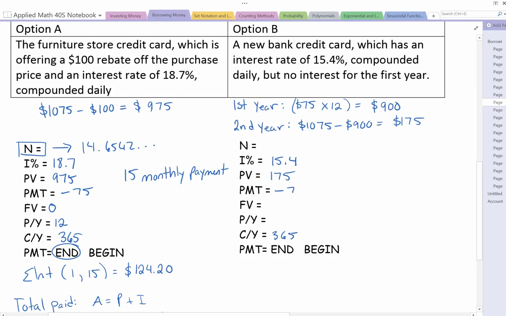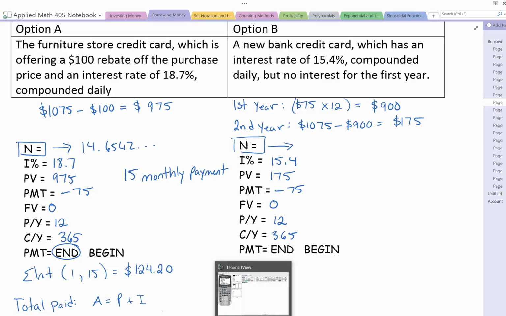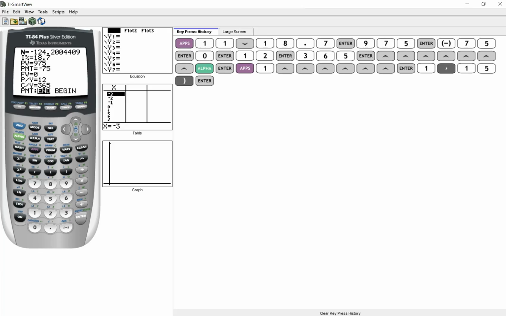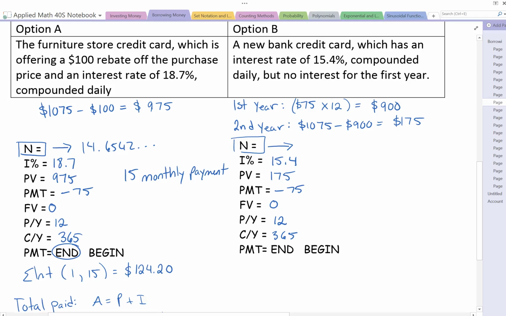We can still pay it off at $75 every month. And we want to pay it off, so a future value of 0. So if we do that, how many payments would it take after the first year to get there? So go back to TVM Solver and plug everything else in. Doing that, we get 2.38 payments. So it would take an extra 3 payments in addition to, so that's 3 extra